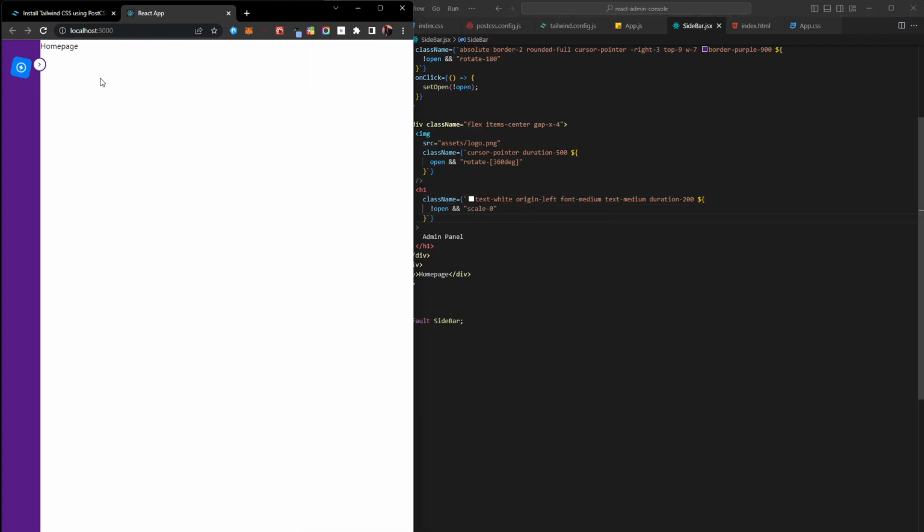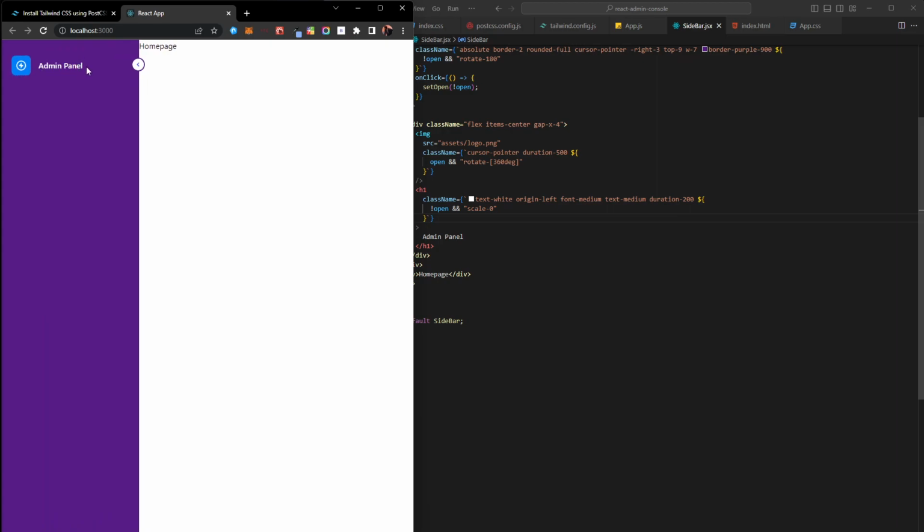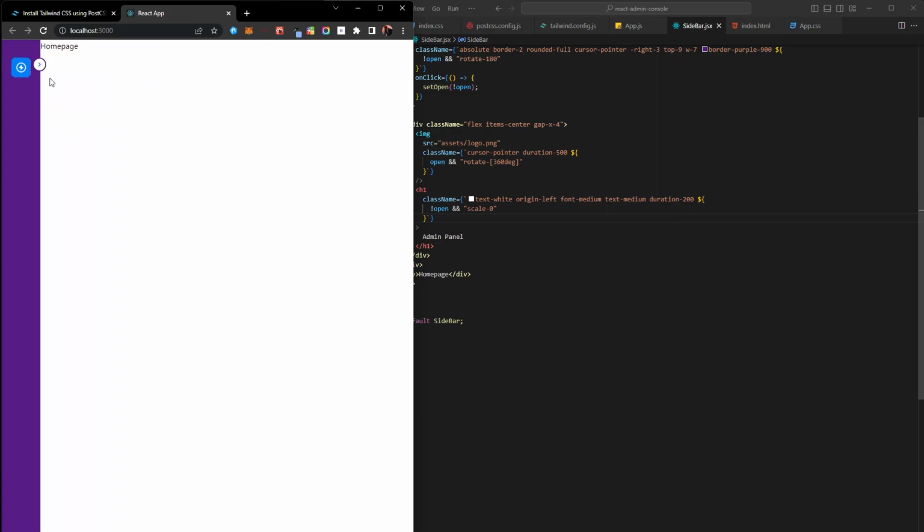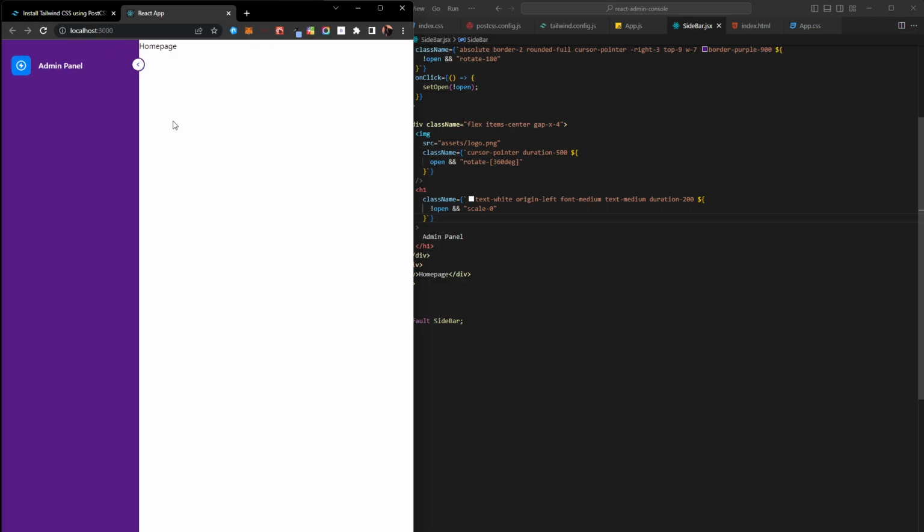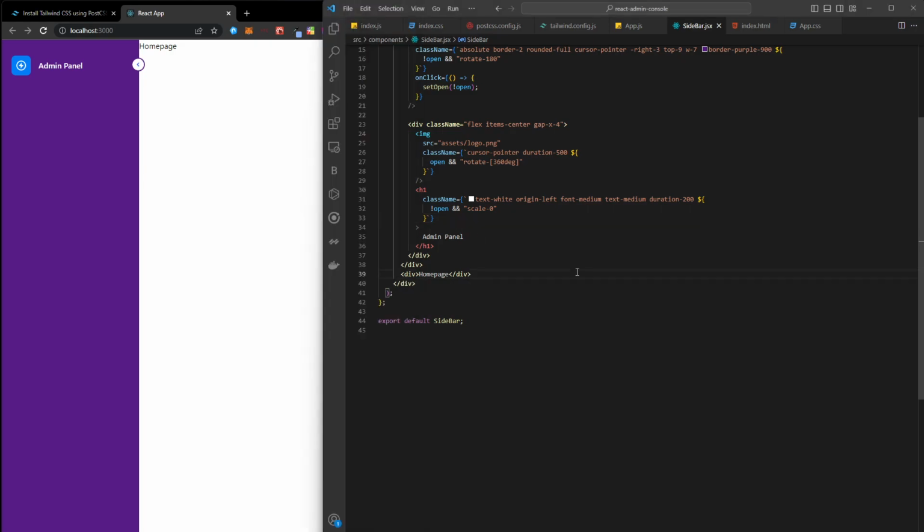Now if we click here, it hides itself, and once we click, the application opens, the slider opens. So now let's work on the